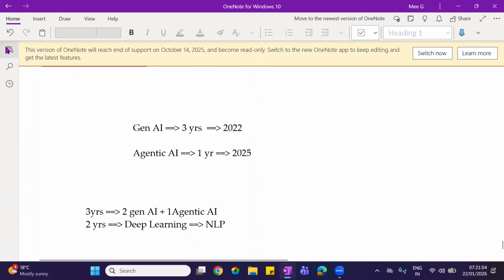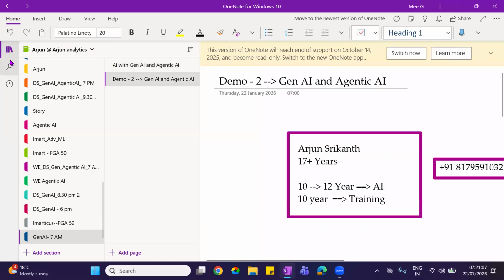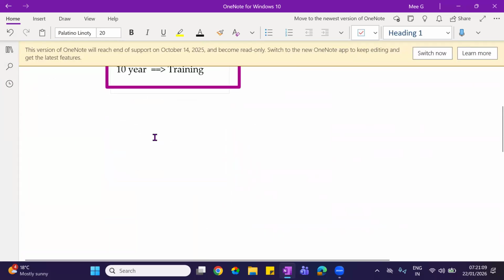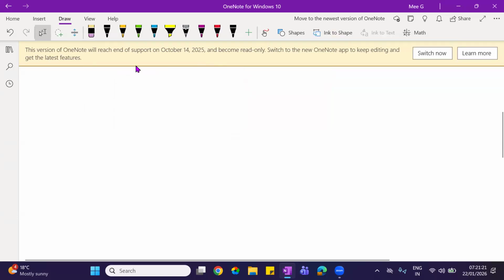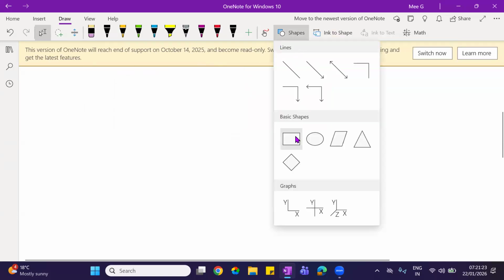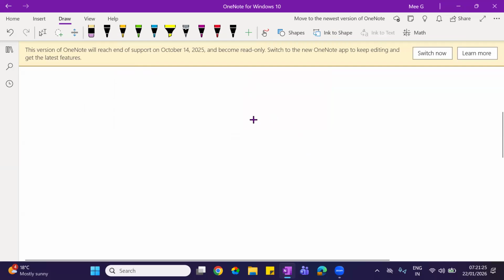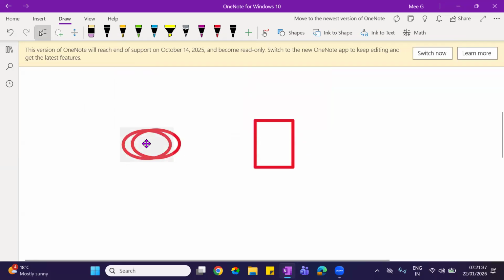Now, taking forward from the last class, see, yesterday I told you that, first of all, the entire artificial intelligence implementation is based on this basic core mechanism. What is that? Here there will be data. This is our data.